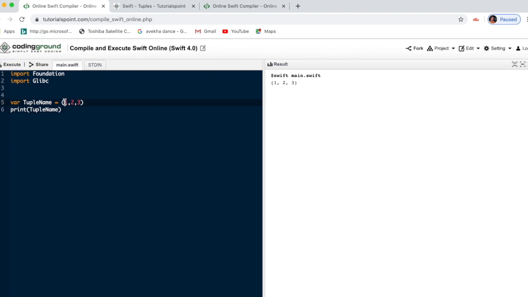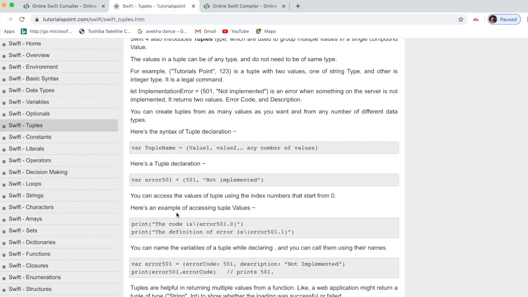If I need to save string values, we must do it like this way, otherwise it shows an error.